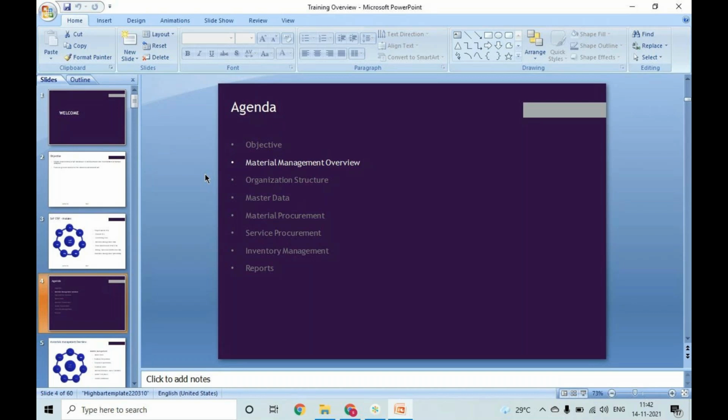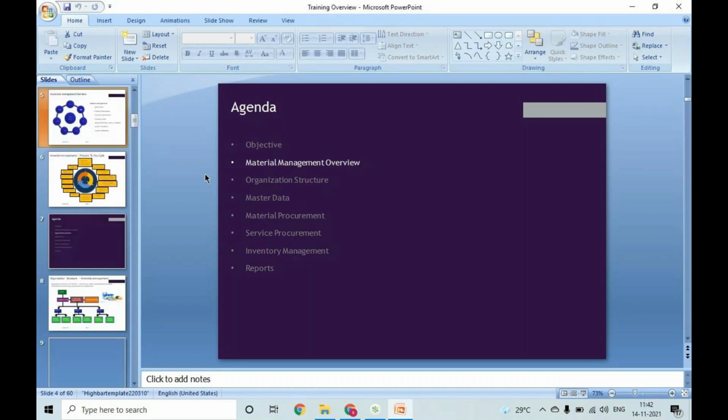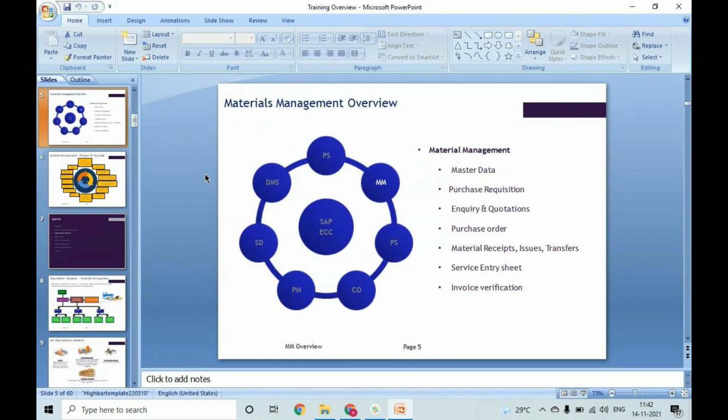If you take the sales and distribution module, for them master data will be the customer master. In the same way, in materials management, for us master data will be the vendor master. So this is how materials management looks like. We have master data.